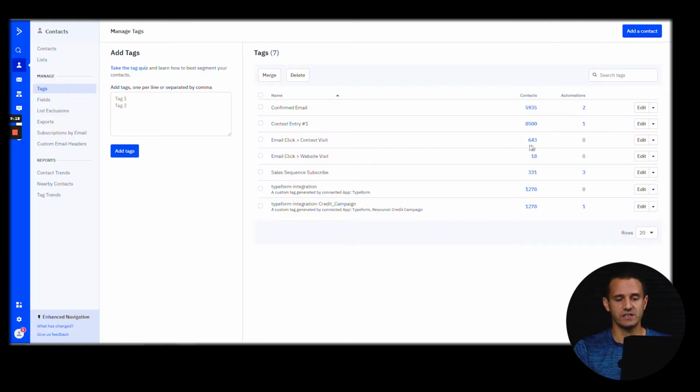So as you can see here, 643 people out of these 8,500. These are the people that are probably going to be more responsive to some sort of more promotional email that I might send in the future. The 8,500 minus the 643, those people probably need more nurture. They need more information, more value, more valuable content.